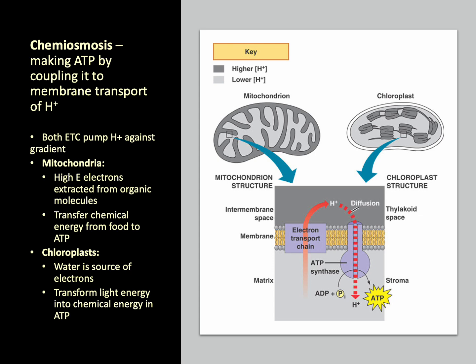Now in the case of mitochondria, they're almost like the flip side, right? So in a lot of ways, the chloroplast and the mitochondria are kind of opposites of each other in how they work, but they have the same mechanisms at play. In this case, using a proton pump to create an electrochemical gradient across a membrane that you can then use to power the production of ATP. All right, so regardless of which organelle you're looking at, whether aerobic respiration in the case of mitochondria or photosynthesis in the case of chloroplasts, it's the same sort of process. So understanding one will allow you to understand the other.